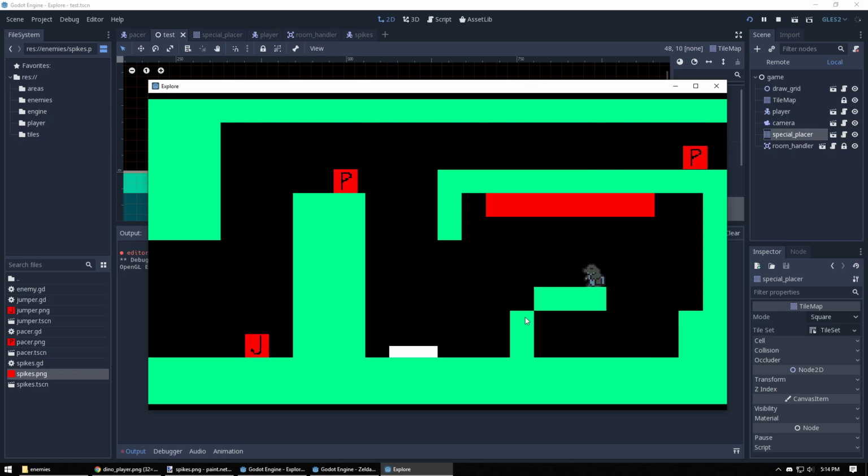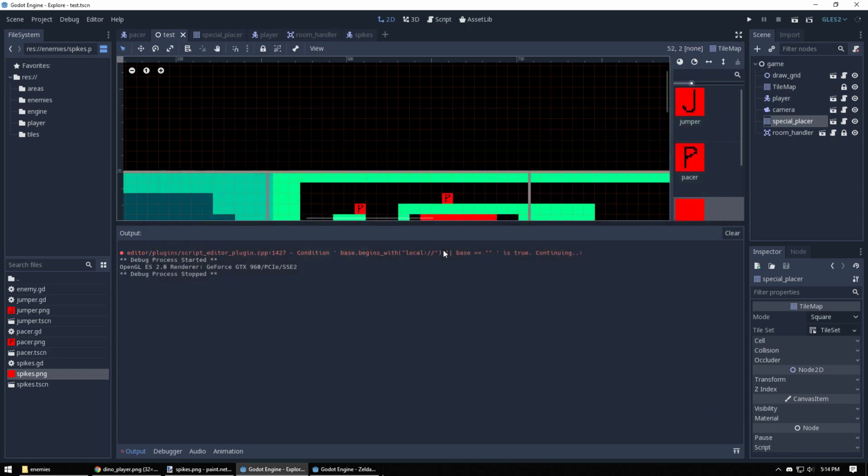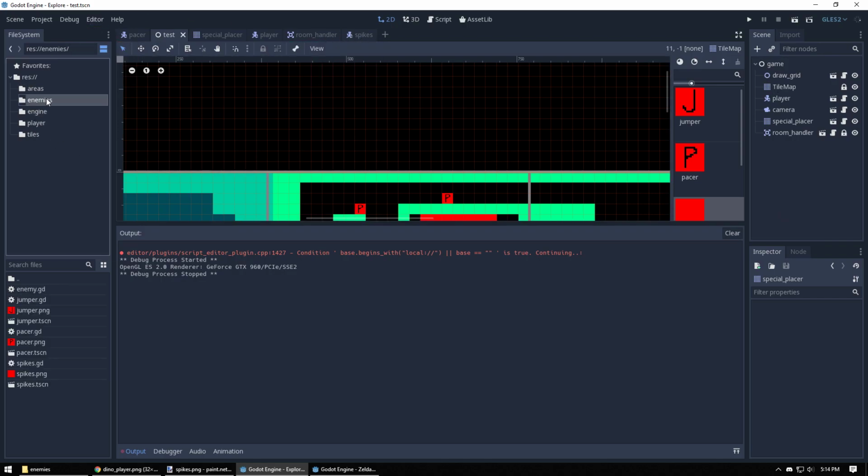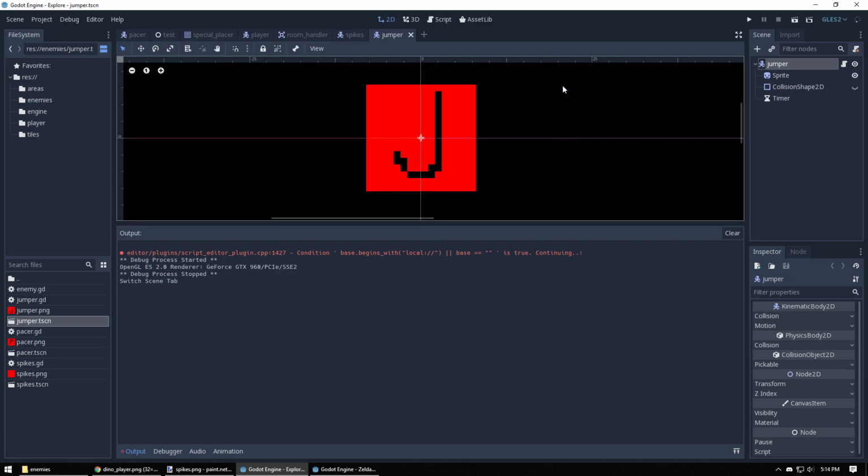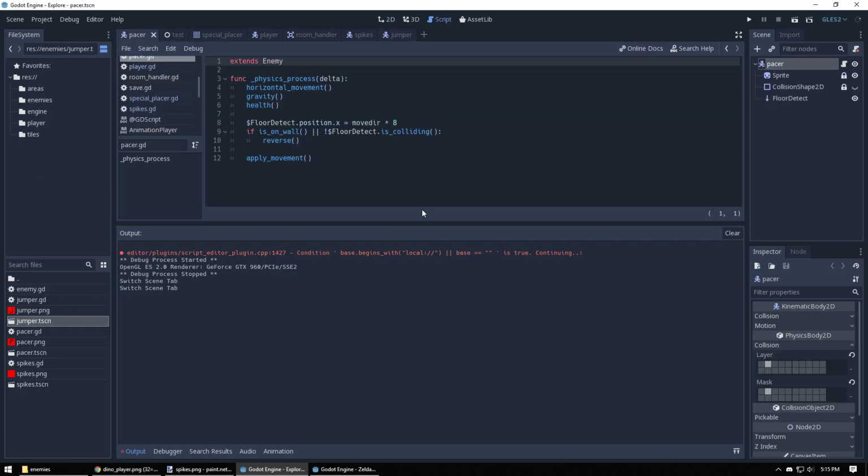One thing I want is for reinitializing the enemies to reset the timer for the jumper, because that's not happening right now. I want, when a room starts, for everything to be completely the same, you know? Every single cycle is the same exact thing. So let's fix that. I think I just need to add